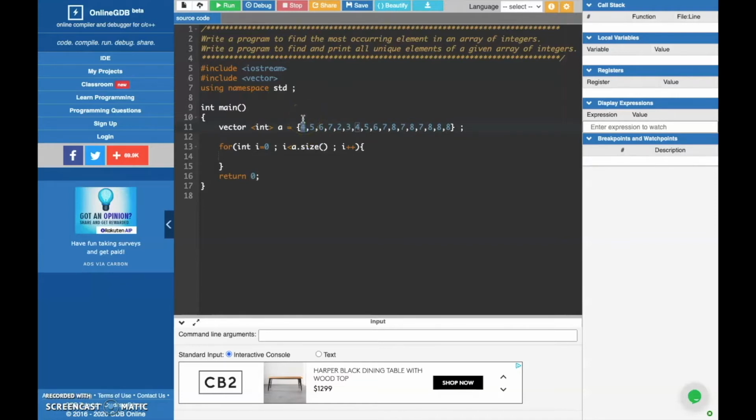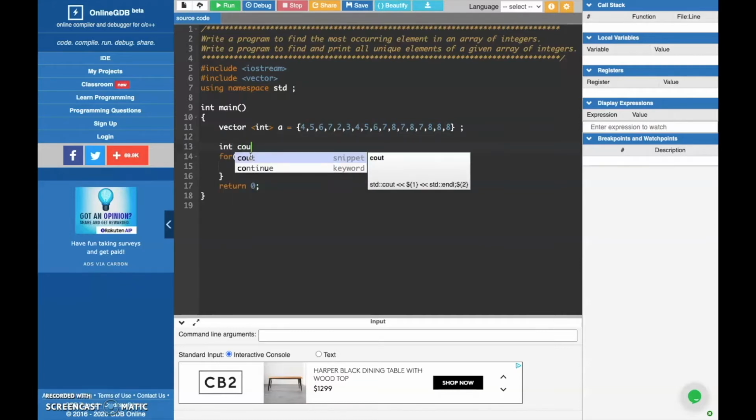So when we are iterating our first index, we're gonna count the number of occurrences of 4, which is 2. So we need to declare a variable count here, and in each iteration we are going